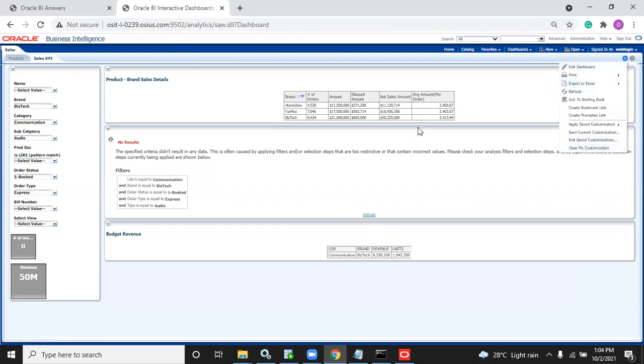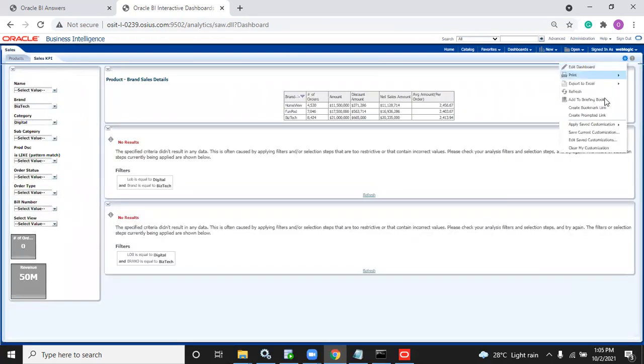Whatever customization I got, I want to clear that once. Clear. It will not be deleted. It will be here. If you want any other customization, you can select that and save it. Why? Because this will help the user to save time. Always it will not be 1 or 2 filters. There may be a report where it has 15 filters, 20 filters. Whenever it has 20 filters to be selected manually, it takes at least 10-15 minutes for him to select every day. It is a common activity, so save it as a customization.